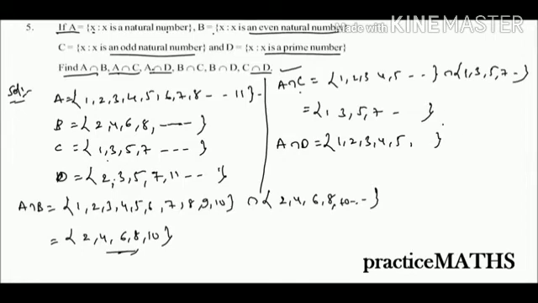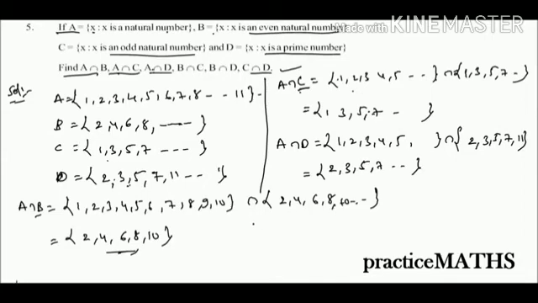Intersection means only the terms common to both sets will come, like the A and B terms only. This is an important point we need to hear. Because A is a whole number set, it will come like this, otherwise the answer will change. Please recognize that. And here D means the prime number set, 2 3 5 7 and 11. So it will come like 2 3 5 7 and so on.